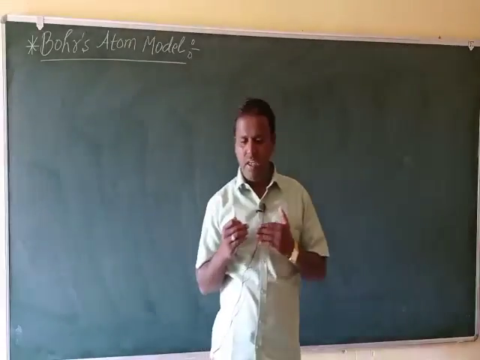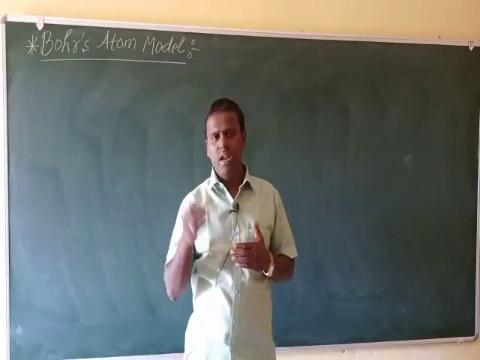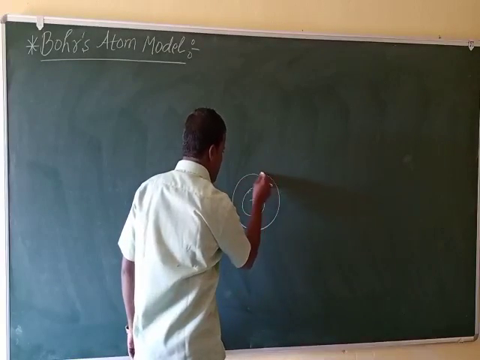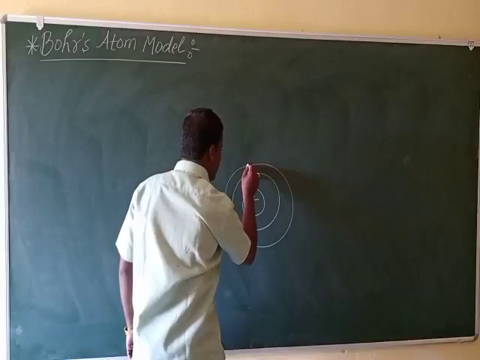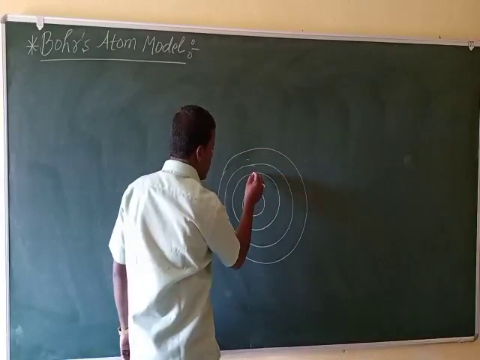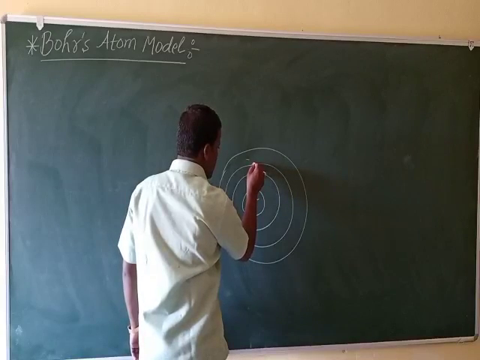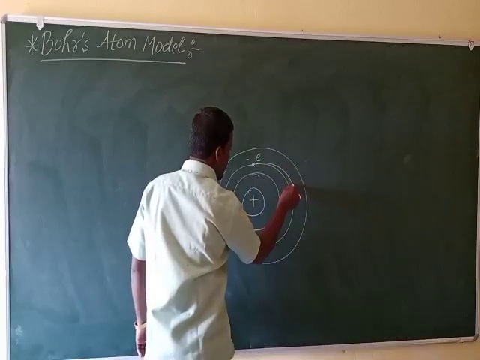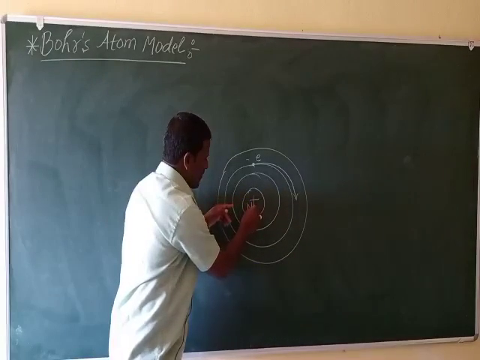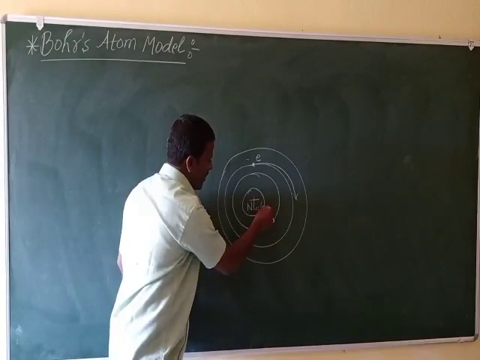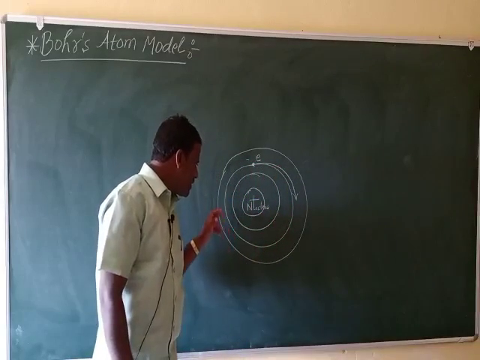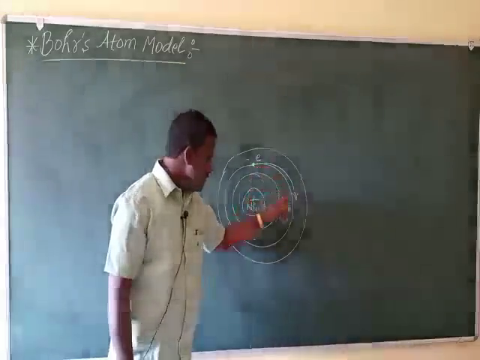Many scientists argued that if an electron, this is the nucleus and these are the circular orbits, here one electron is revolving. Imagine this is the electron. It is revolving in this path around the nucleus. This is the nucleus. So if it moves continuously around the circular path,